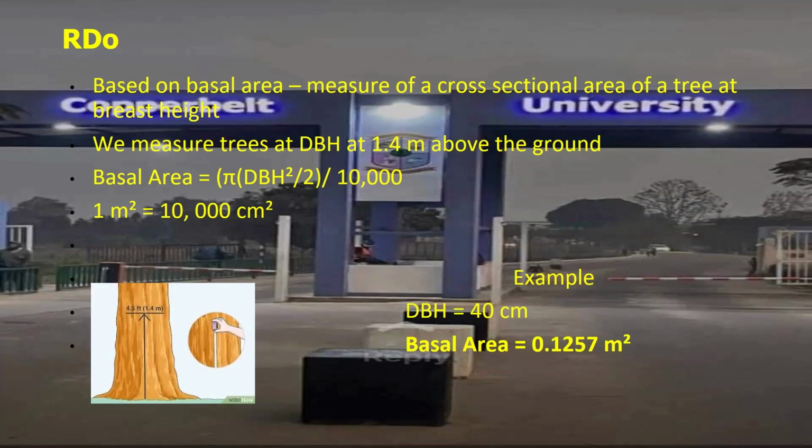Then after the answer, you divide by 10,000. So if you multiply pi, which is 3.15, times, first of all, 40 times 40, divided by 2 times 3.14, divided by